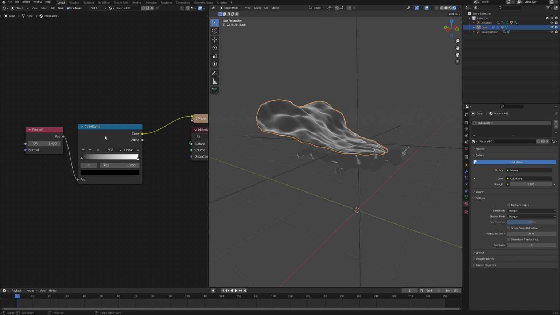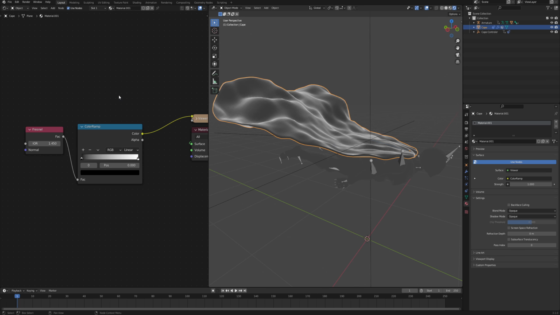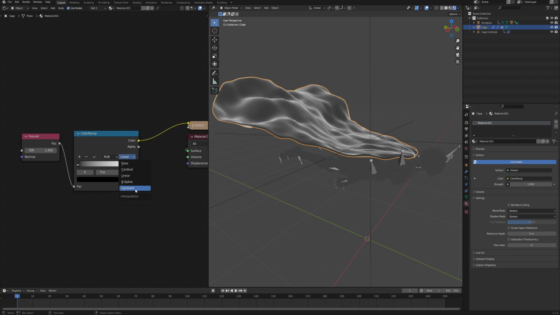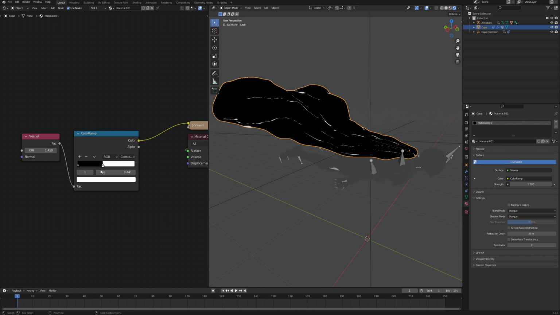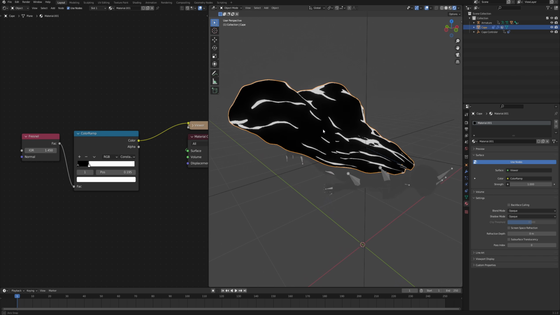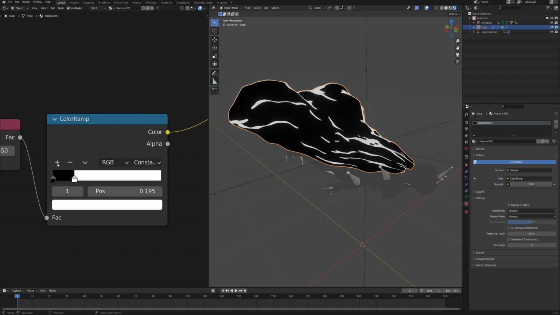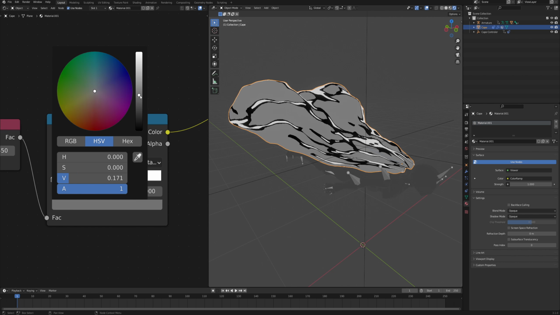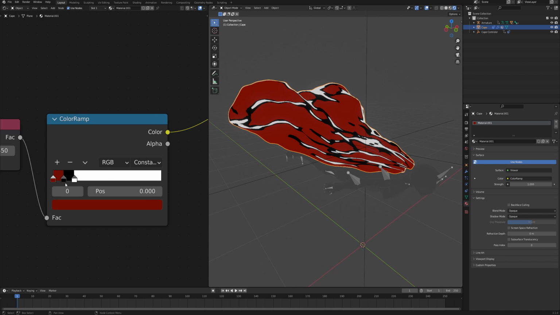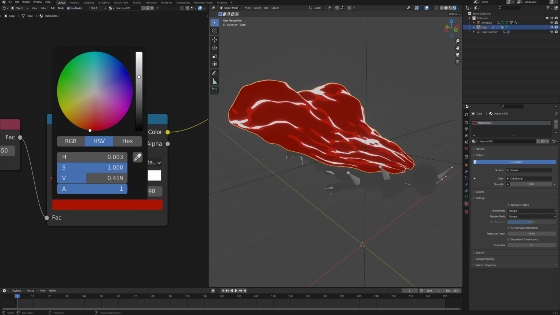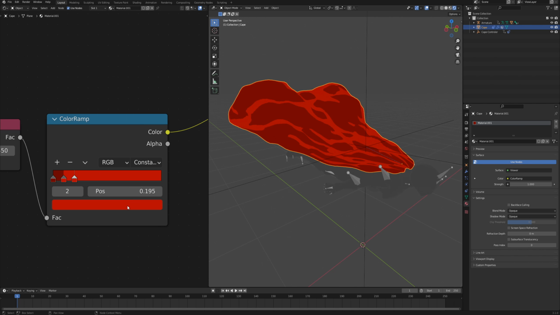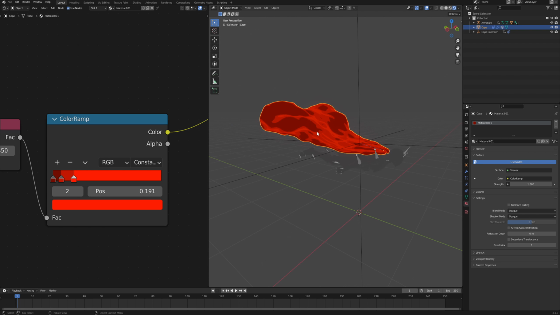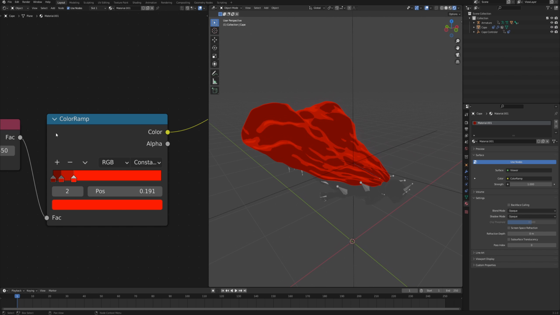So now our Fresnel and the color ramp give us this result. And firstly, let's change the interpolation from linear to constant to have these stylized hard edges. And now all it is basically adding a color stop to the color ramp and adjusting the values. So you could see that in my intro scene, my cape was red, so I will go with this again. So I will make this darkest color something like this. Then the slightly brighter is going to be the same but with slightly higher value, and then the third very similarly, even higher value.